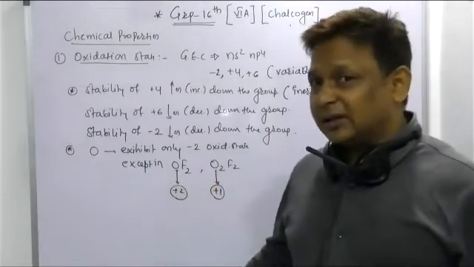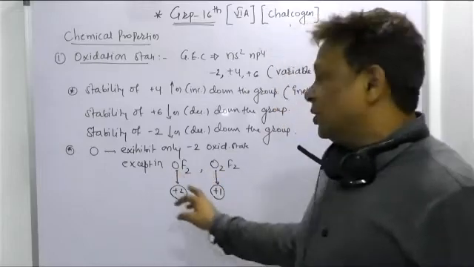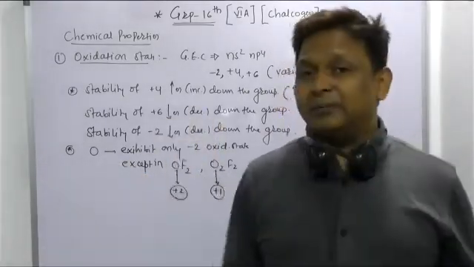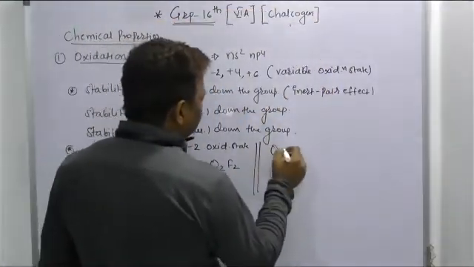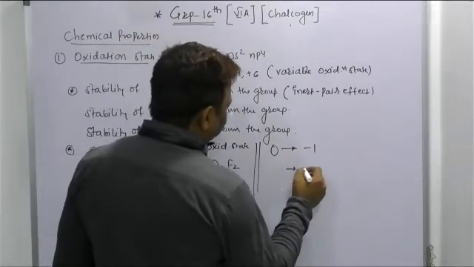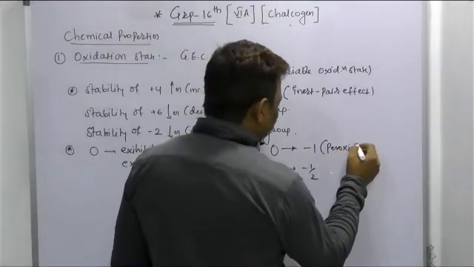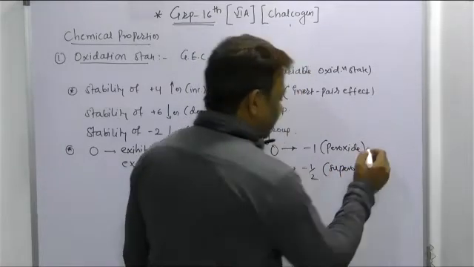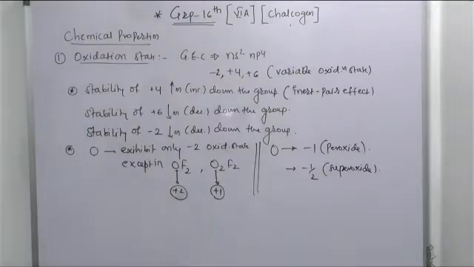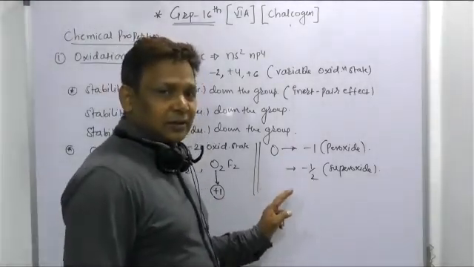Except this means when it is combining with a highly electronegative element like fluorine, the oxidation state of oxygen becomes positive. Otherwise, it always exhibits a -2 oxidation state. I hope you remember some more additional points of oxygen, beta. Oxygen also has a tendency to exhibit -1 and -1/2 oxidation states. Beta, in which oxide? When it is in the peroxide, and in the superoxide. So peroxide has a -1 oxidation state of oxygen and superoxide has -1/2.